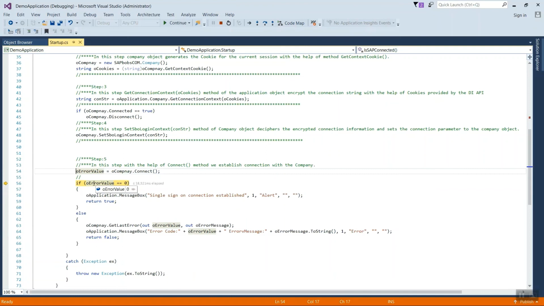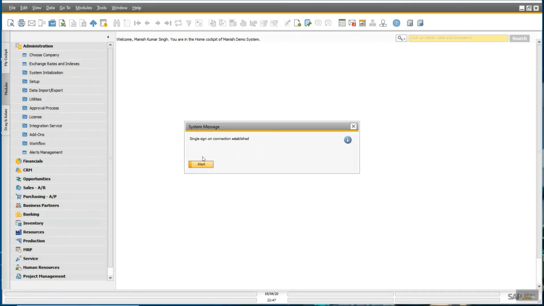You can see, yeah, it has been successfully connected. Let's see in SAP Business One what we are getting. Yes, single sign-on connection established.